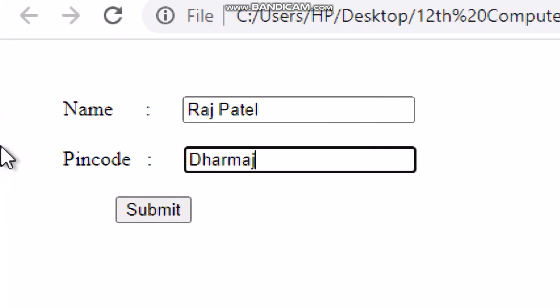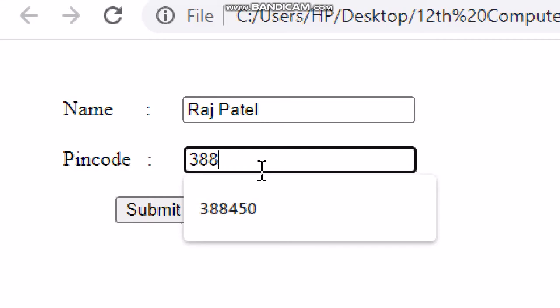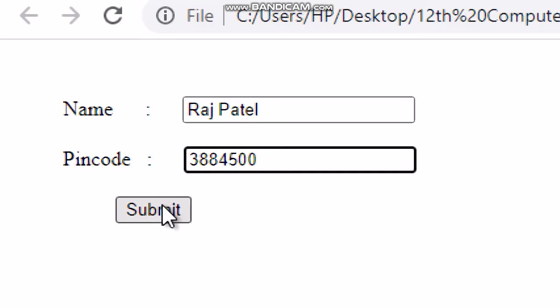Next, enter a pin code length either greater than 6 or less than 6. Now I have entered a pin code of length greater than 6. Now press the submit button.